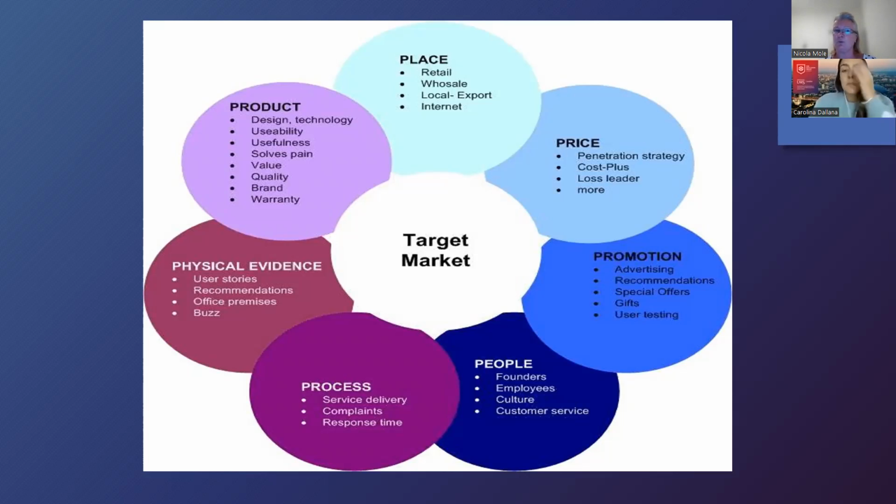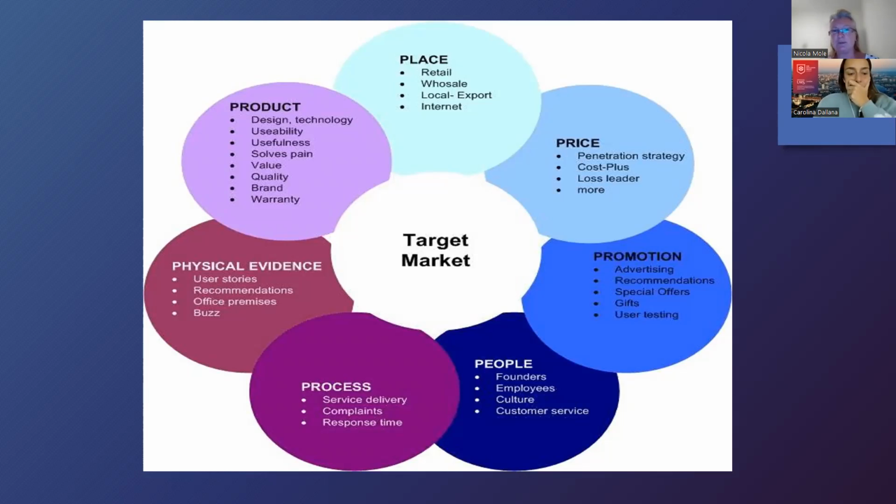All right, so if there's a problem with the product within a period of time, what are we going to do to guarantee that we will fix it? And the place. Where are we going to sell our products from? Okay, are we going to just sell them in a little local shop? Or are we going to be part of a prestigious shopping mall? Where are we going to be?